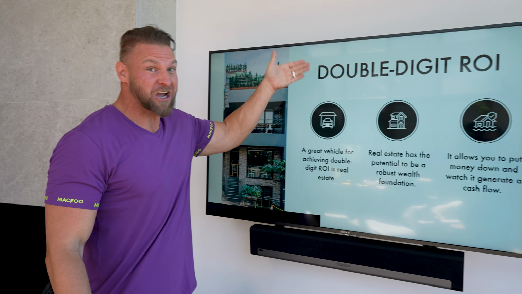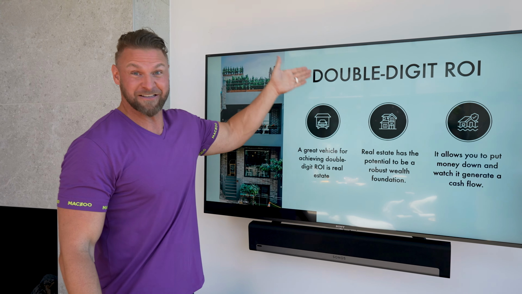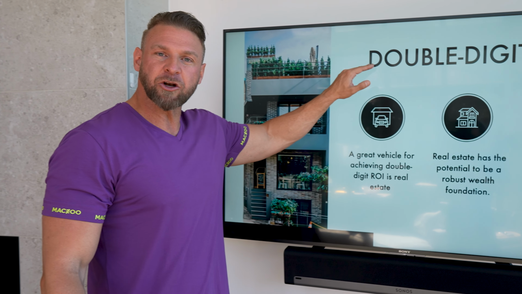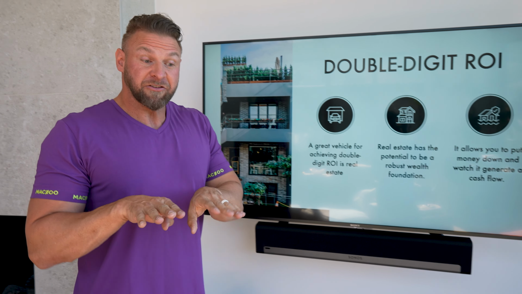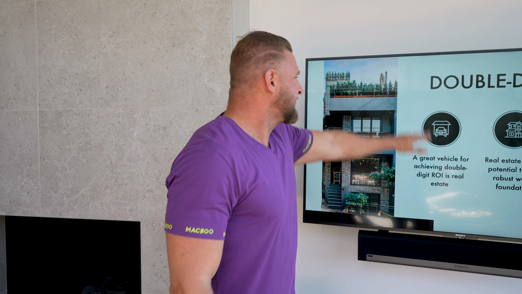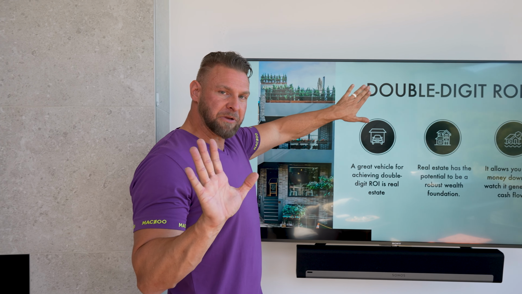Albert Einstein was wrong. What he should have said was, compound interest is the most important financial invention when you start with double-digit ROIs. The reason why I retired at the age of 26 is because the little money I had, I put into real estate where I could earn at least 25% a year on my money. And I'm gonna tell you right now, earning 25% on your money versus what's in a 401k over 20 years is 27 times more money. It's the difference between tripling your money and almost getting 100 times more money. Why? It's because compounding effects becomes very meaningful when it goes double digit.